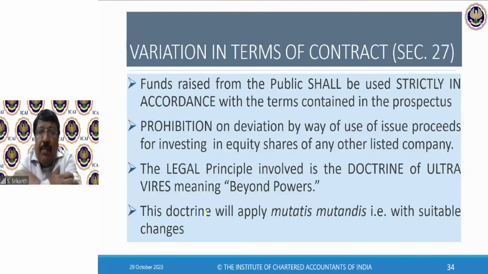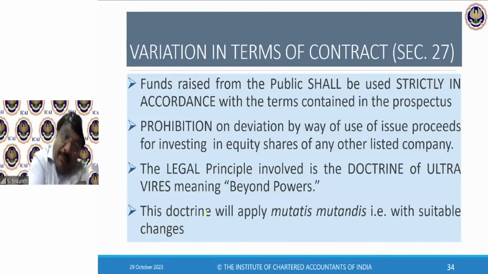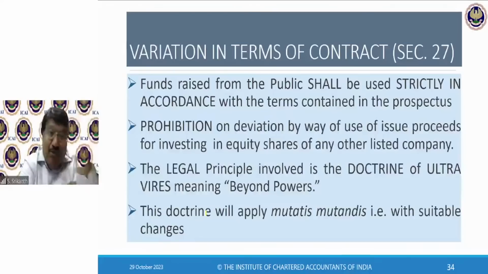Now you guys are coming and saying, no, we are not going to use that money for making electric vehicles. We are going to set up a cement plant. Huh? When you issued the prospectus, you didn't talk about a cement plant. You spoke only about EV. Now suddenly, where is the cement plant coming from? For that purpose, you would have tried to amend your memorandum. That also you will get. Here again, you are trying to use the money for a purpose other than that for which it was raised.